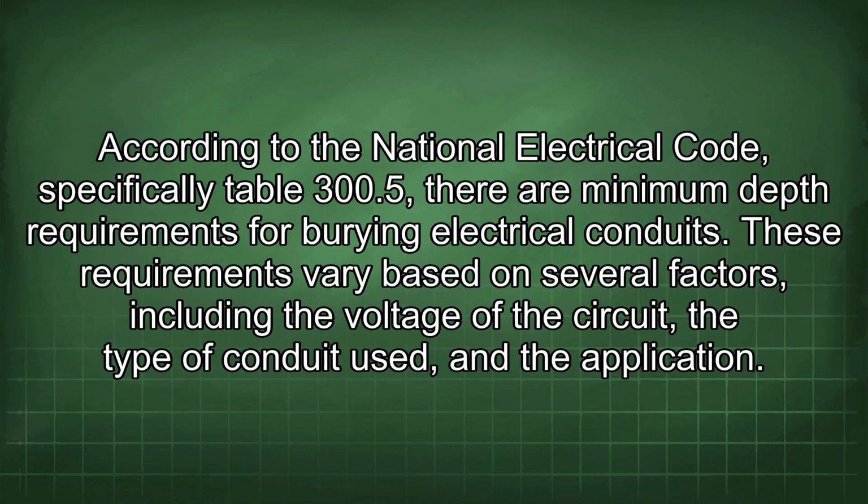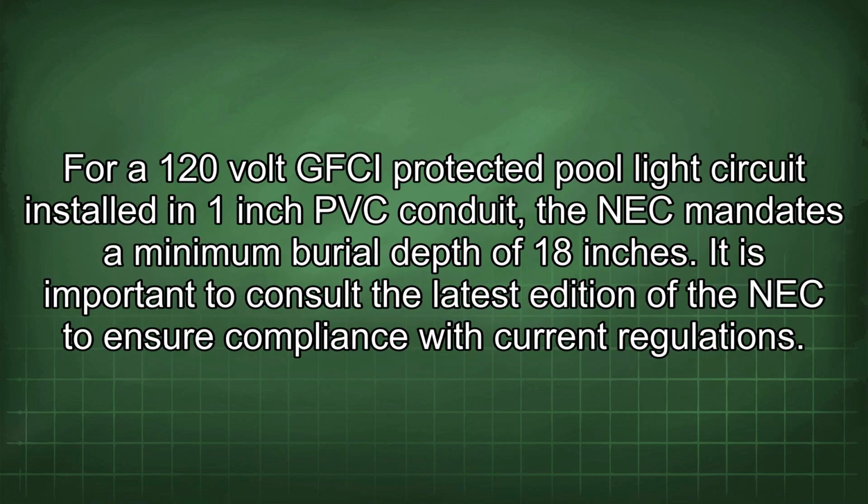According to the National Electrical Code, specifically Table 300.5, there are minimum depth requirements for burying electrical conduits. These requirements vary based on several factors, including the voltage of the circuit, the type of conduit used, and the application. For a 120-volt GFCI protected pole light circuit installed in 1-inch PVC conduit, the NEC mandates a minimum burial depth of 18 inches. It is important to consult the latest edition of the NEC to ensure compliance with current